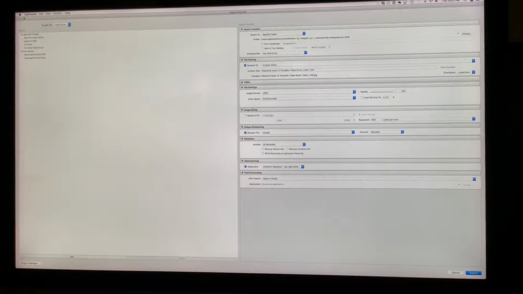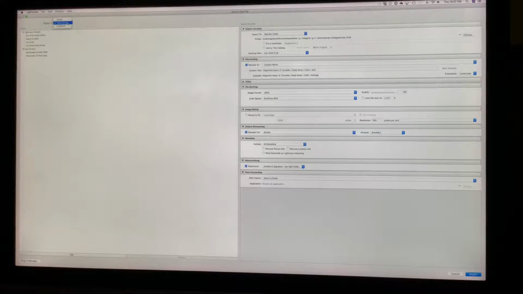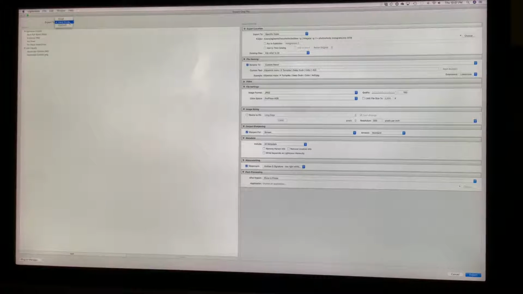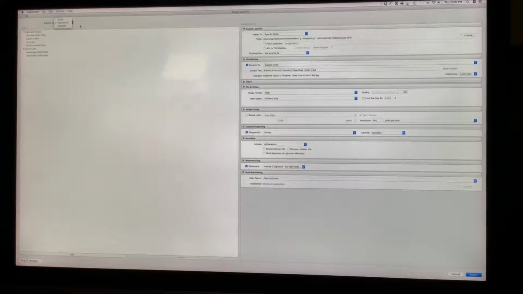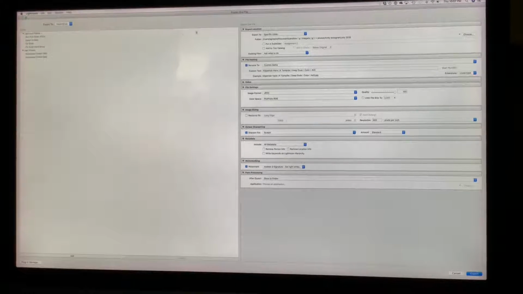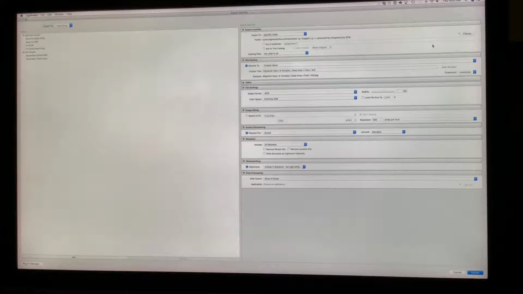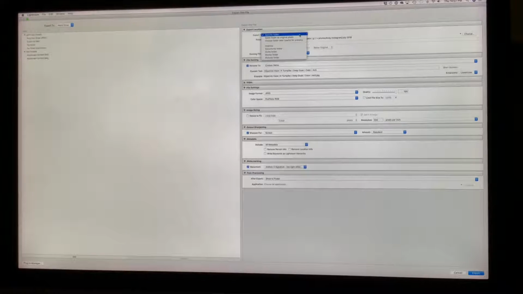So we want to export to hard drive. Even if you're exporting to an external, you want to make sure and click hard drive, because the only other options would be to email the file or to export it to a drive, like a CD or DVD drive. So we want to go to hard drive, and then over here you want to start doing all of these options. Export to a specific folder is what you want to select,